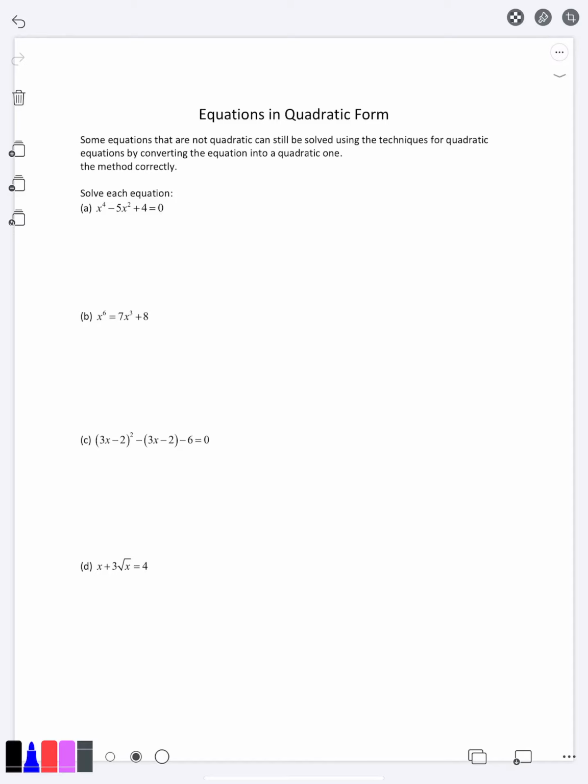In this video, we're going to learn how to solve equations that, although they are not quadratic equations, are in something called quadratic form, which means that we can use our methods from quadratic equations in order to solve them. And the method that we're going to use to change from a non-quadratic equation into a quadratic equation is